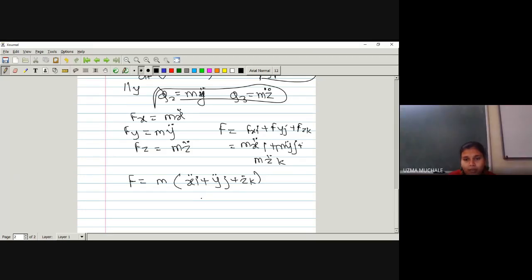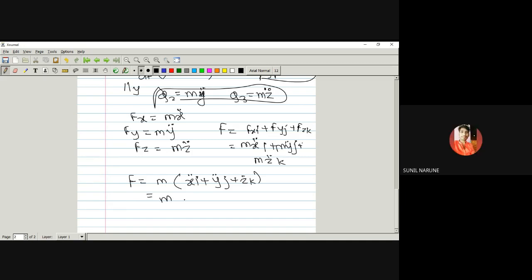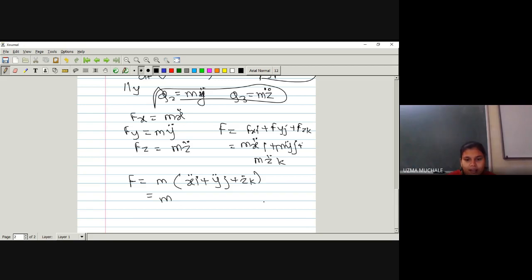What was the value of r double dot? We saw it in the first lecture. r dot is velocity. What is r double dot? Acceleration, right? Acceleration is nothing but rate of change of velocity. What is velocity? Velocity is rate of change of position vector, right? So r double dot is nothing but acceleration. Hence we have derived Newton's second law, that is F is equal to ma, from Lagrange's equations of motion. Is there any doubt?